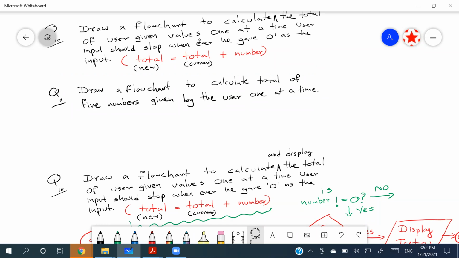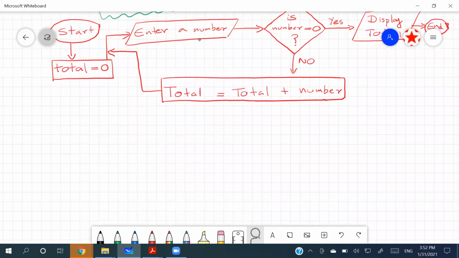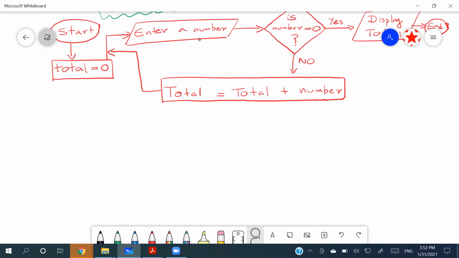Okay, so the 11th question: draw a flow chart to calculate the total of 5 numbers given by the user one at a time. So it's something very similar, but there is one difference because we have to